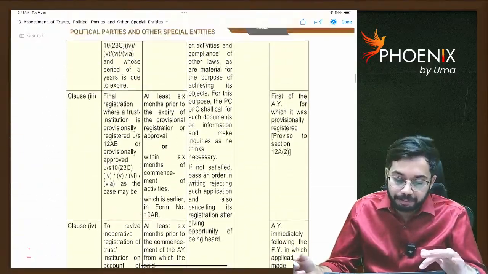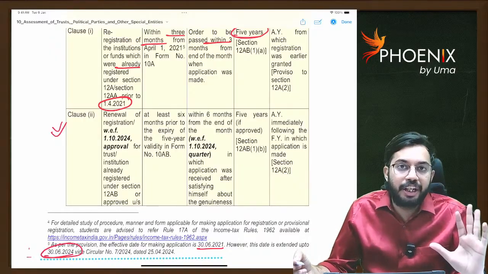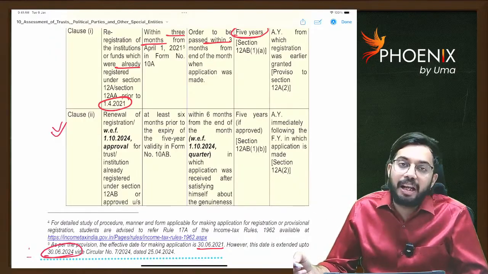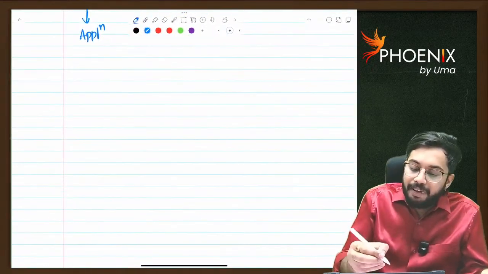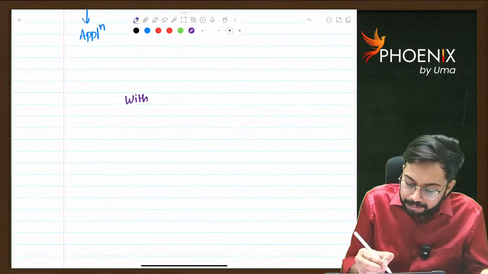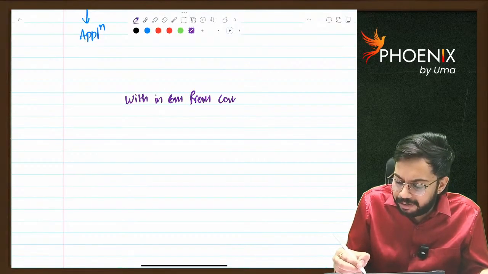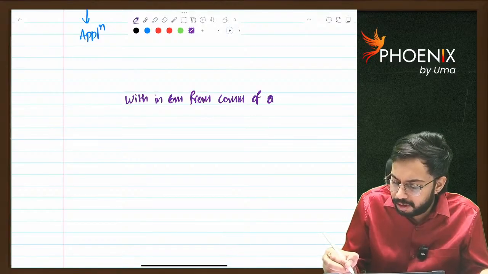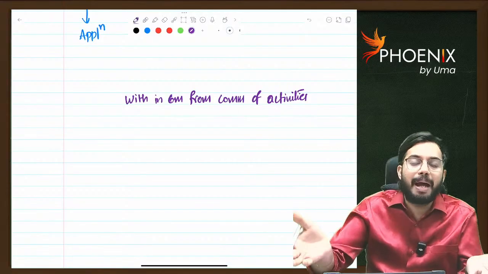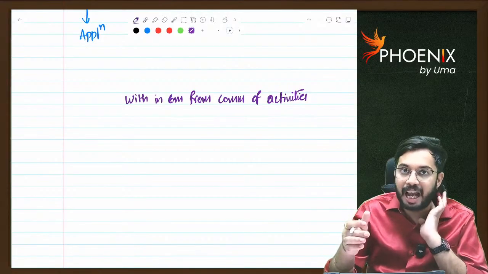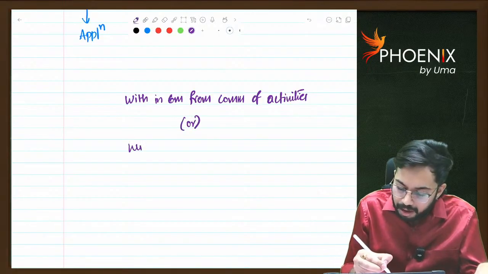Next, second point. Once I get a provisional registration, then I have to apply for final registration. Sir, when should I apply for final registration? So within 6 months from commencement of activities. See, I am starting the trust now. I will do some activity. The date on which I started the activity, from that date within the next 6 months, or